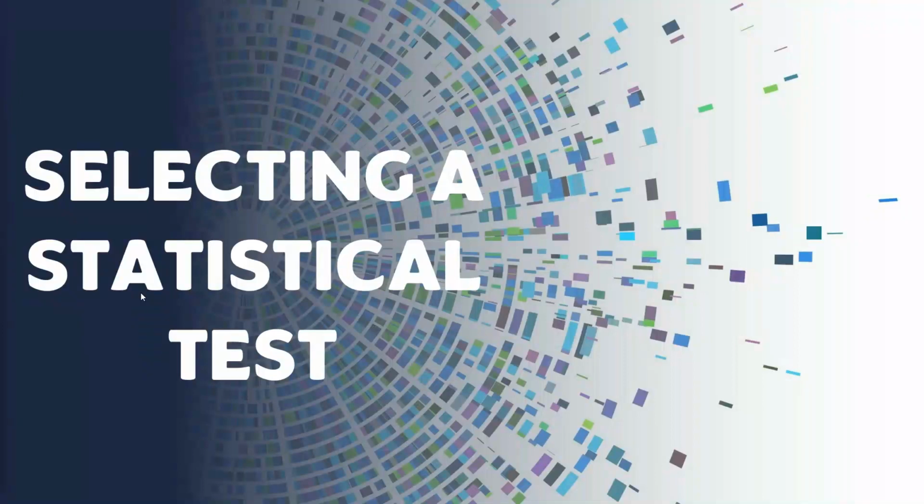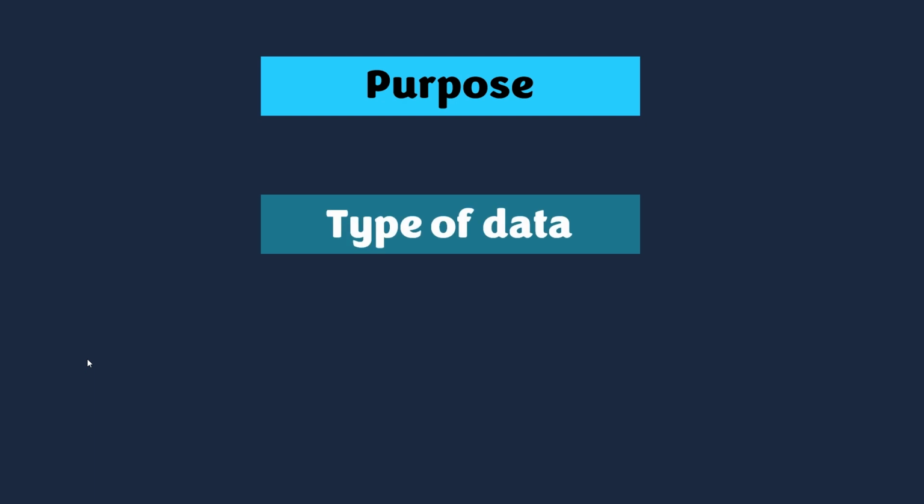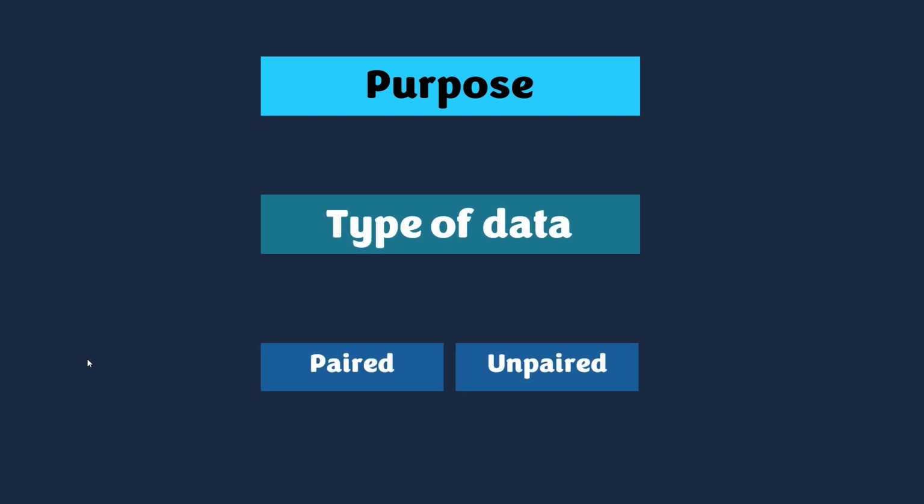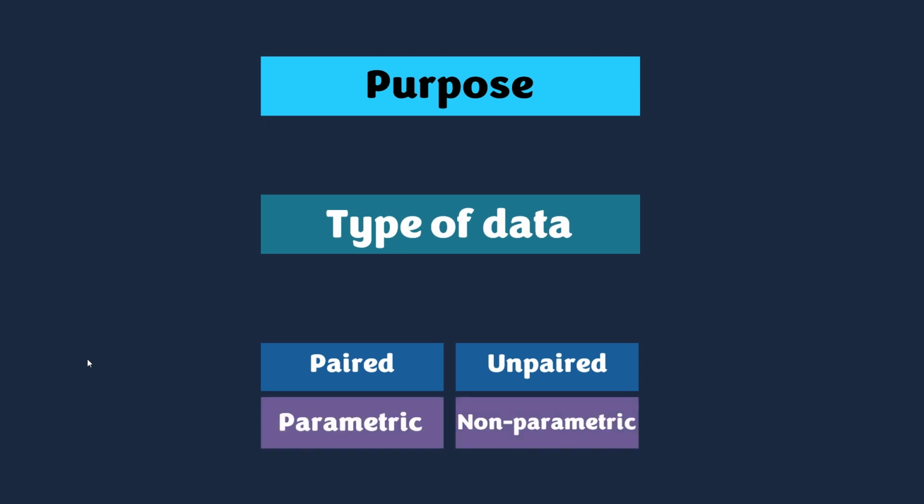At some of the statistical tests that you could perform and when to use them. So in order to know what type of test to pick, you need to be clear on a couple of things. You need to know what the purpose of your test is, the types of data that you have in your test, whether your test data is paired or unpaired, and whether you know the parameters to your test or not. For your purpose then, you need to establish whether you're looking to make a comparison or calculate some kind